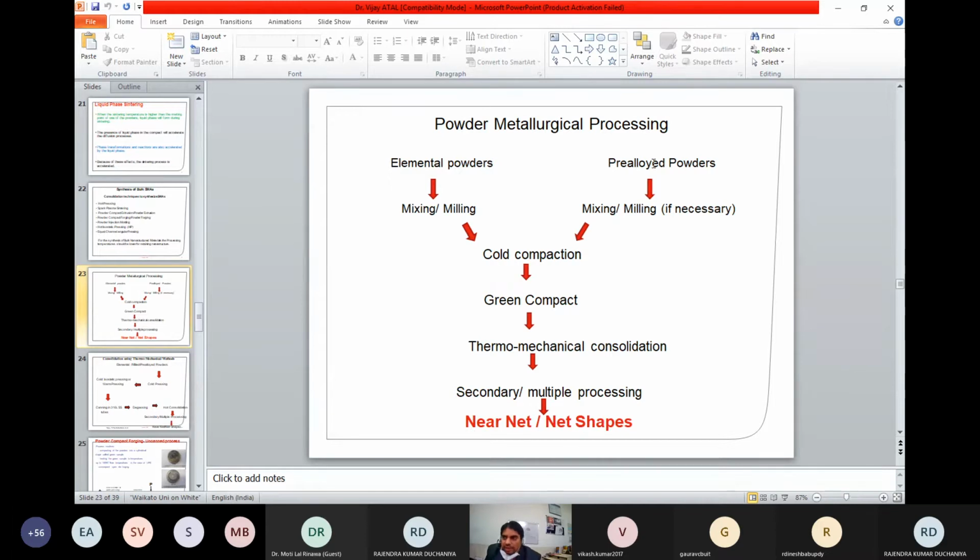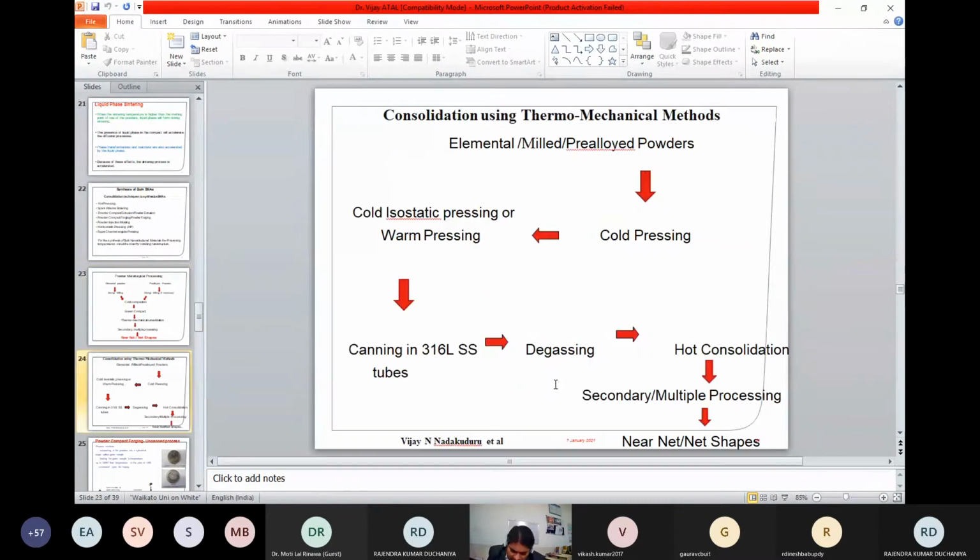In some cases, you'll get pre-alloyed powders directly. Pre-alloyed powders are already alloyed. You can use these powders directly, or if people want to reduce the grain size, you can reduce the particle size also by a milling technique. Otherwise, milling may not be essential unless you go for grain refinement. If it's needed, then the same procedure will be followed to achieve net shapes.